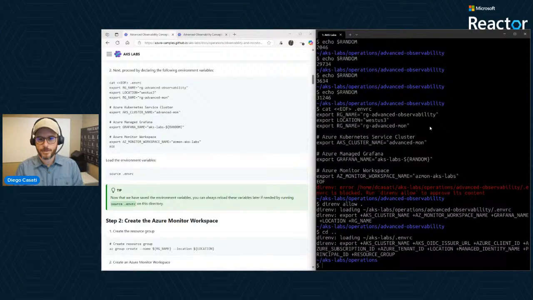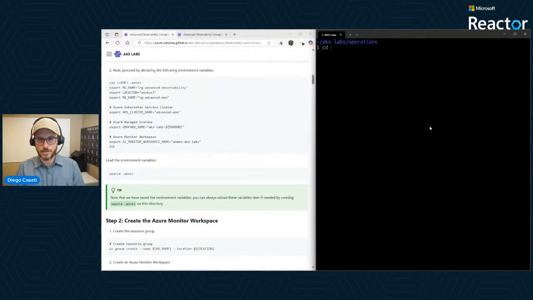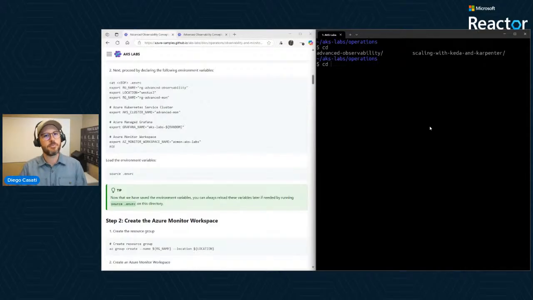that whenever I enter the intro directory, in this case I have 2 directories here because I did the scaling with Kata and Karpenter last week or a couple weeks ago with Steve Griffith from my team, which was amazing. So I highly recommend that from Steve. And in that directory, I also have a .envrc file.